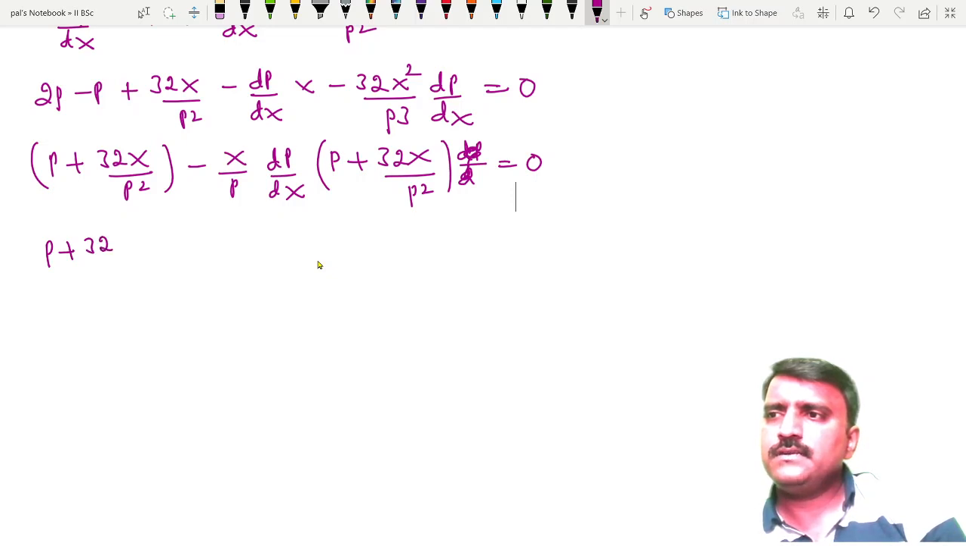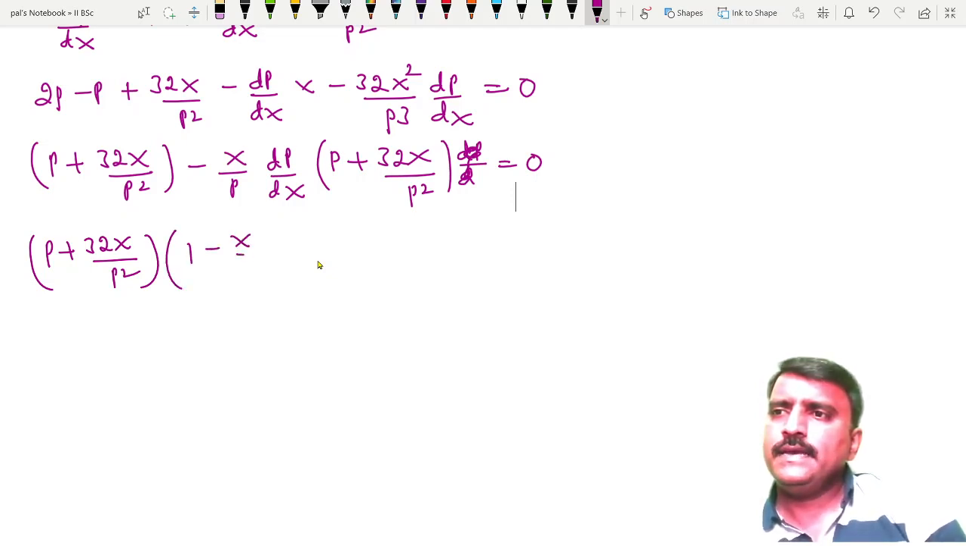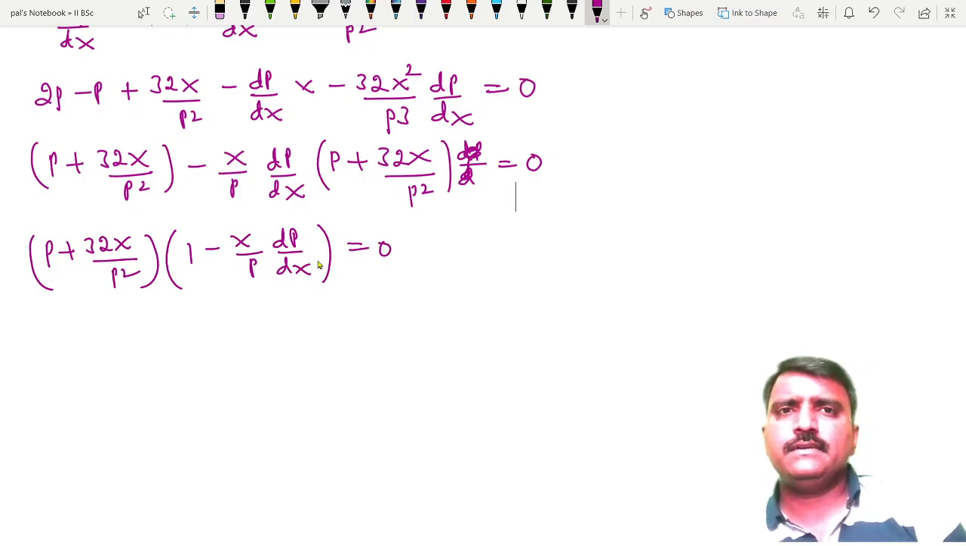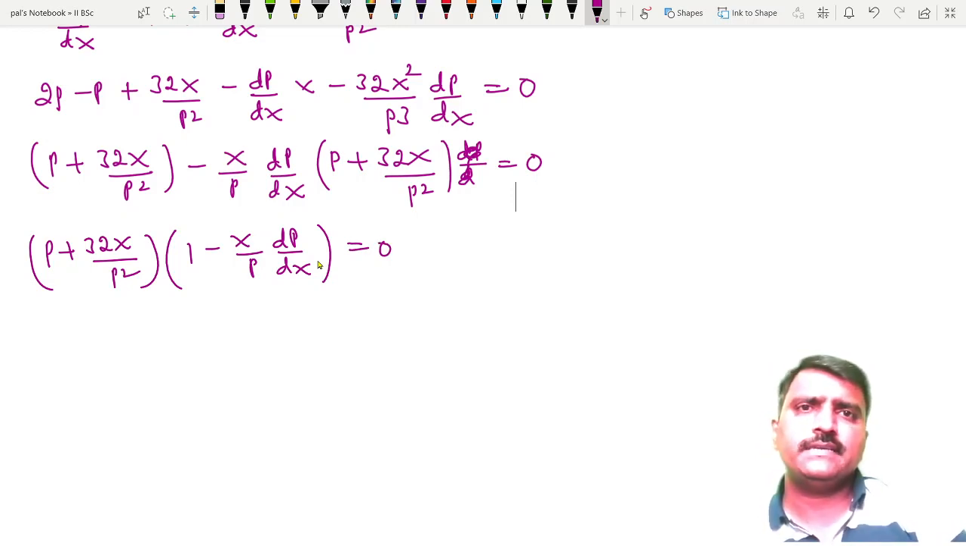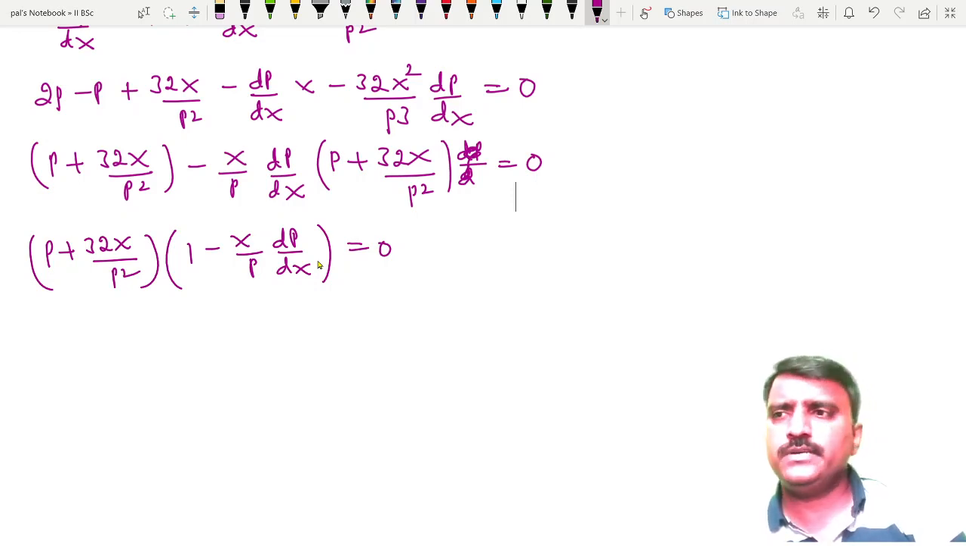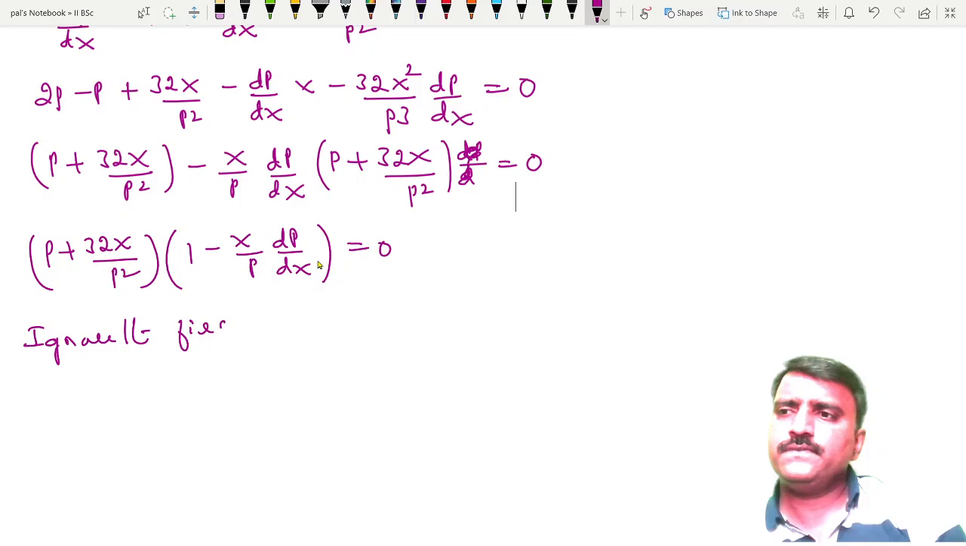p plus 32x divided by p square is a common factor. So then remaining here is 1 minus x by p into dp by dx, which is equal to 0. Ignoring the factor which is not containing dp by dx. Ignore the factor that has no dp by dx. So ignore the first factor because it is not containing dp by dx. Ignore the first factor,